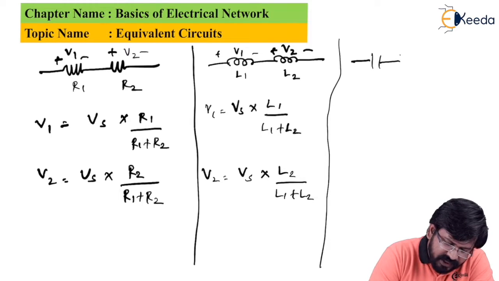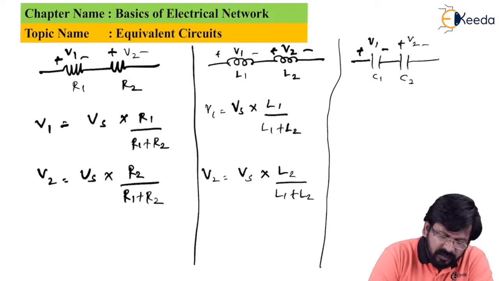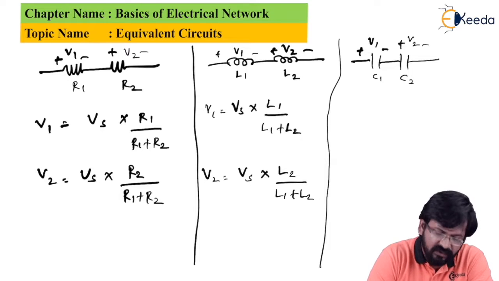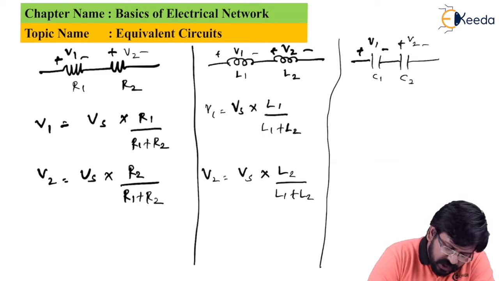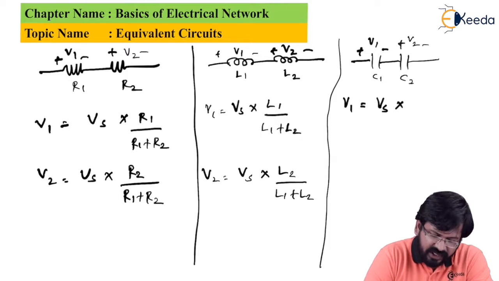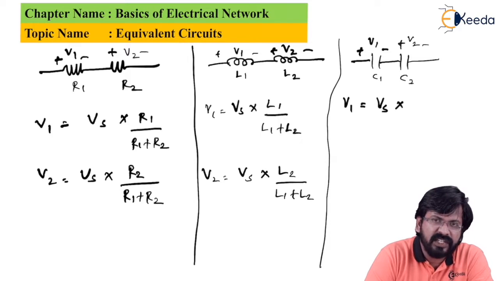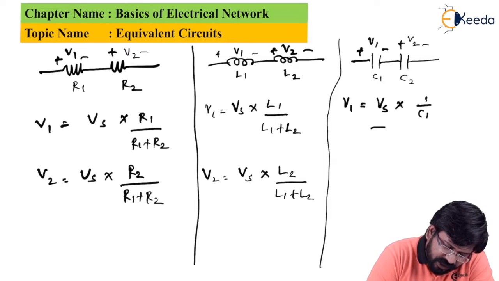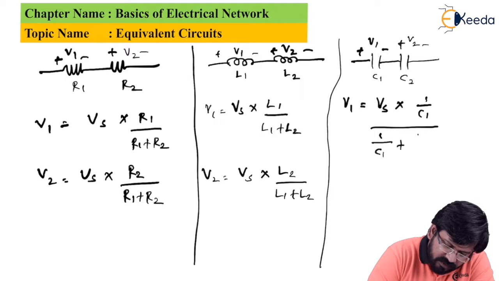Assume two capacitors connected in series, let's say C1 and C2 in farads, through which the current I flows, developing voltage V1 here and V2 here. Assuming this is a closed loop and the supply voltage is Vs, we can apply the voltage division rule here in order to find V1 and V2. So V1 will be equal to supply voltage Vs. We know V1 is the voltage across C1, but I'm not going to write C1 here. Instead of C1, I would say 1 upon C1, divided by 1 upon C1 plus 1 upon C2.